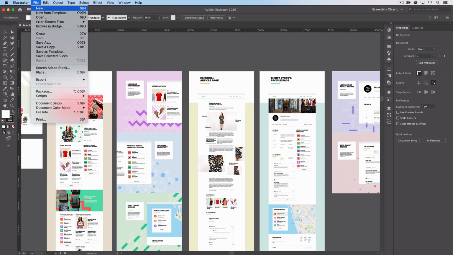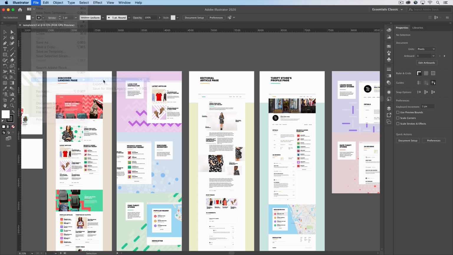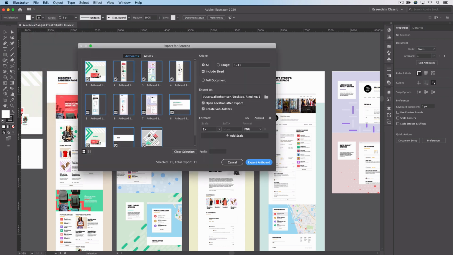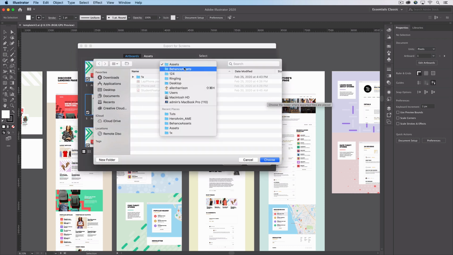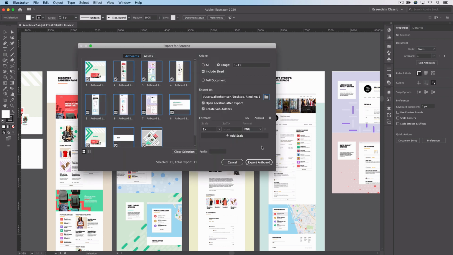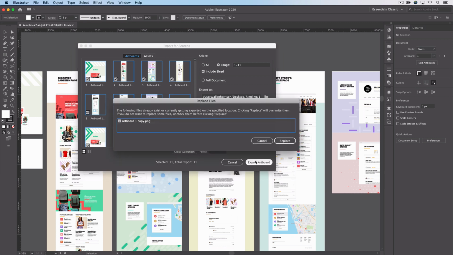You just go under File, Export, Export for Screens, and you just want to make sure all your artboards are checked, and then you want to click the location that you want to put it in. I'm just going to put it in my Assets folder for Behance and click Choose. And then you have the option to do PNG or JPEG. I'm just going with PNG because for this case scenario, it always creates a higher res image to upload to Behance. And then I just click Export Artboard,